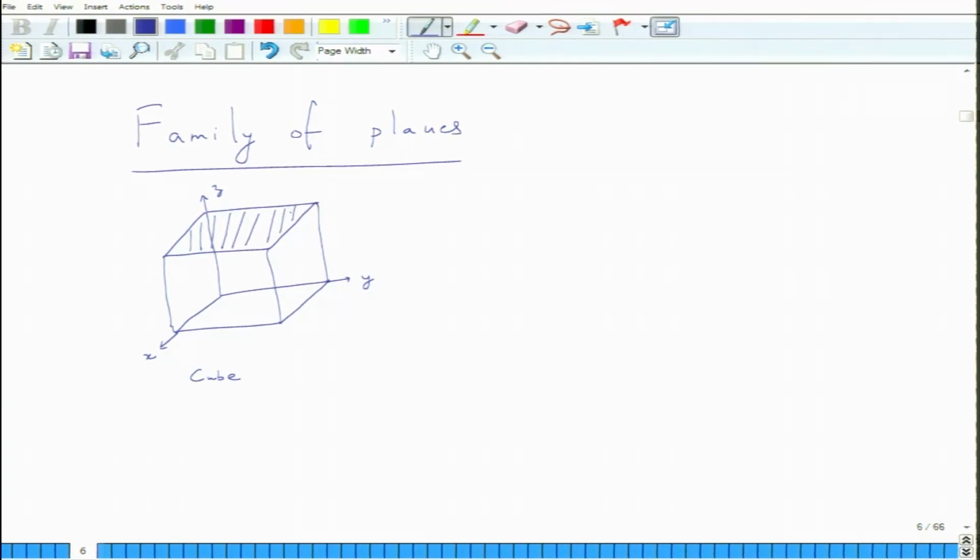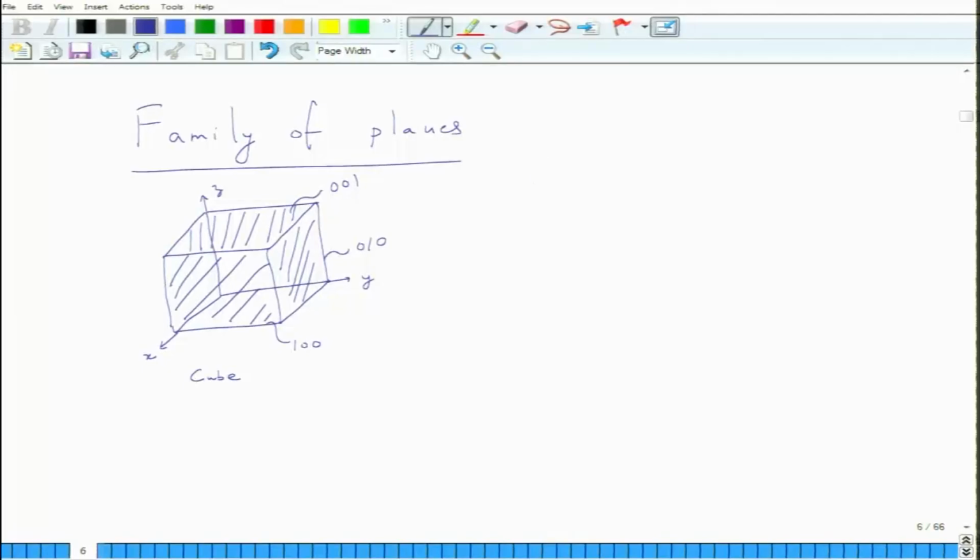This is 0 0 1. What is this face of the cube? 0 1 0. And what is this face of the cube? 1 0 0. Now, in a cube, all these three are identical. So, in a cube the 0 0 1, 0 1 0 and 1 0 0